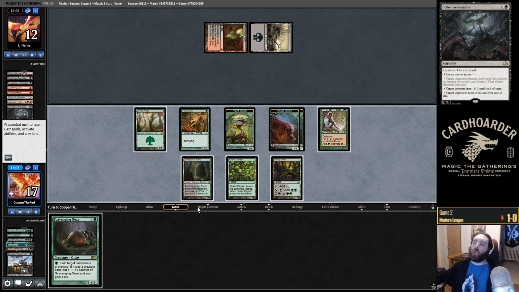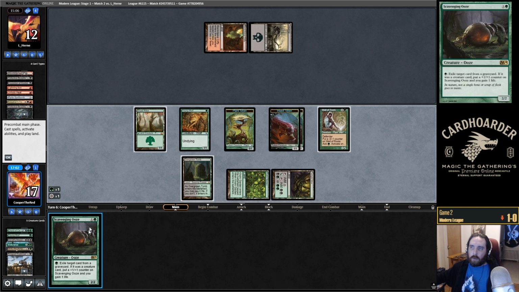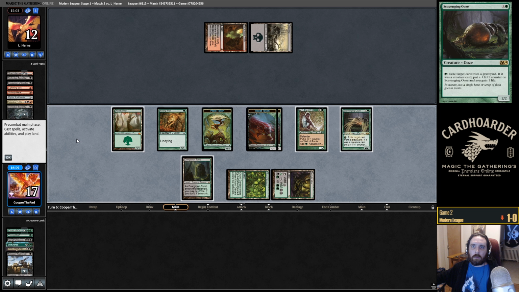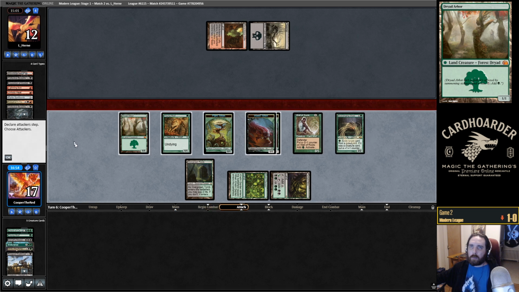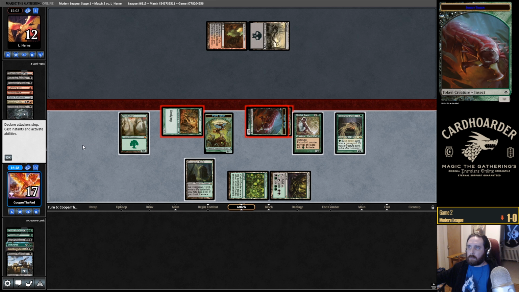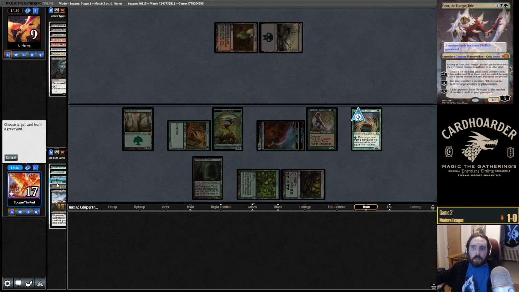Oh, Scavenging Ooze! What a draw! You can just concede now, opponent. Do I even want to attack with Dryad Arbor? Probably not. I just want the mana. Alright, I'm going to grow the Scavenging Ooze. Let's get rid of